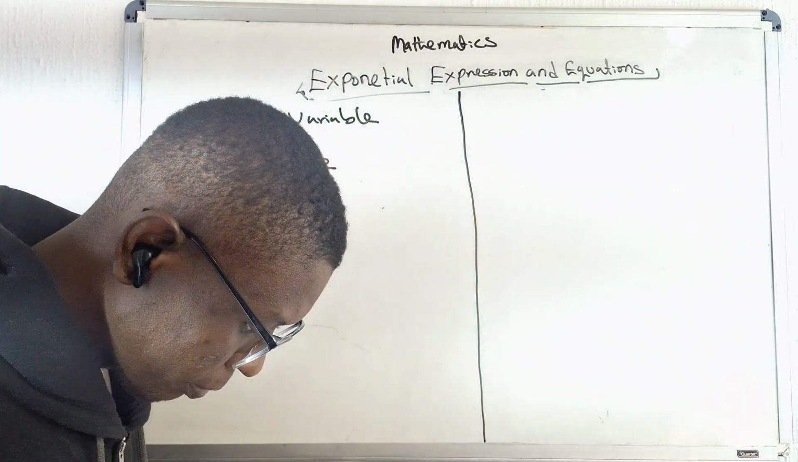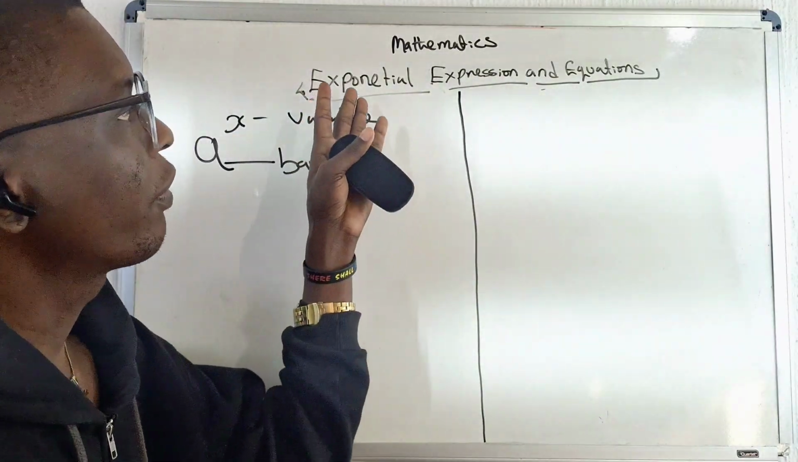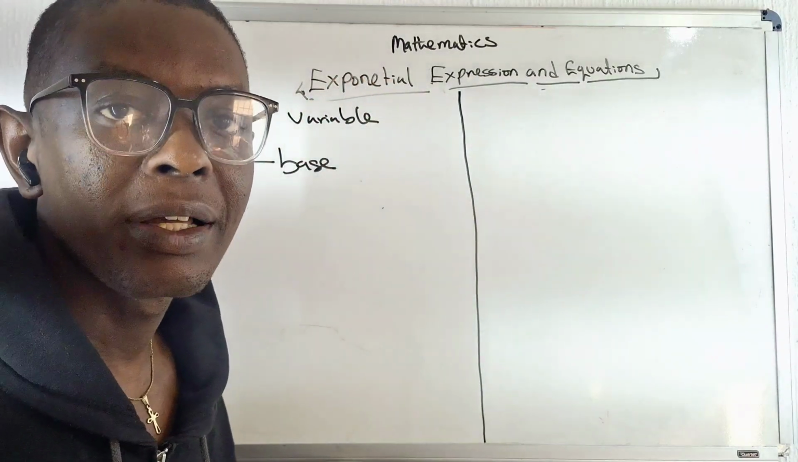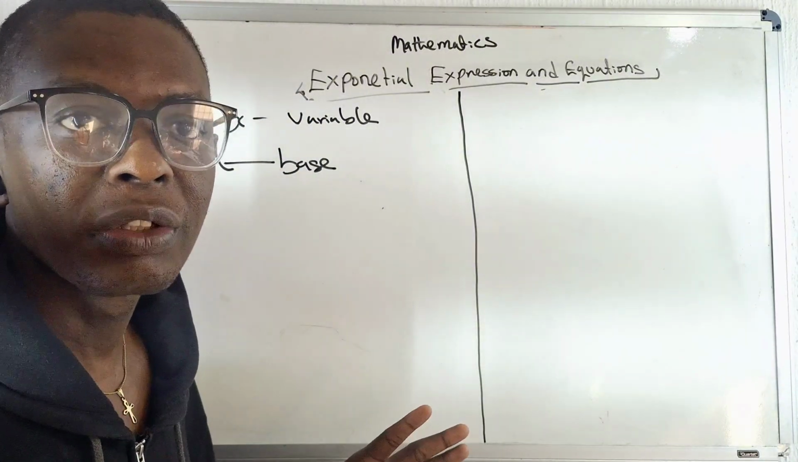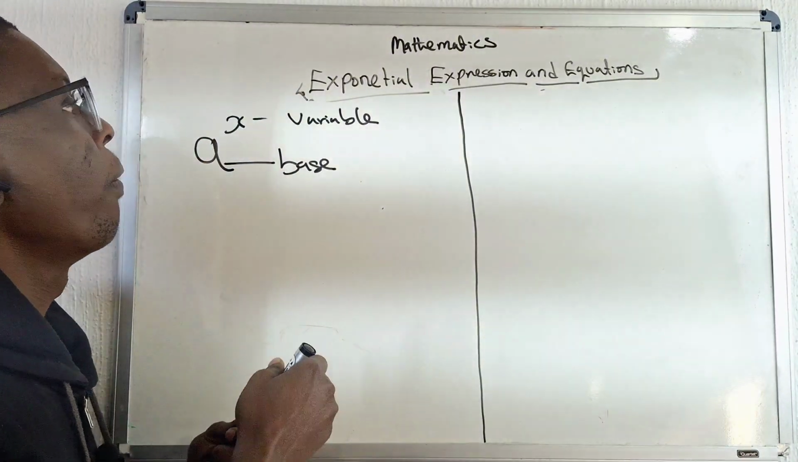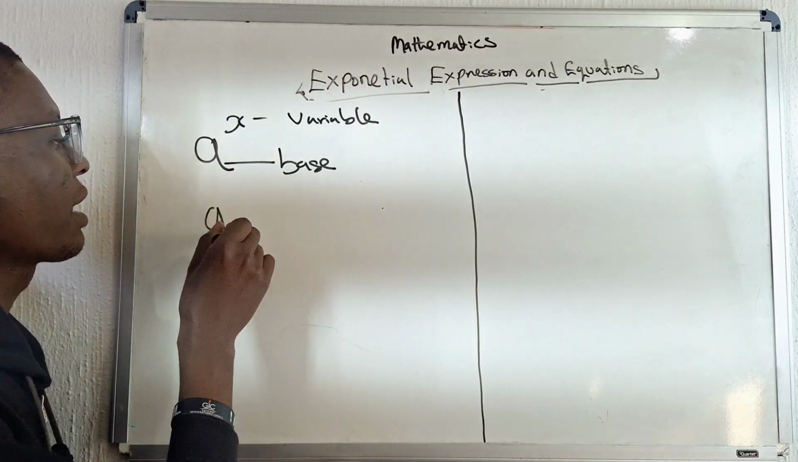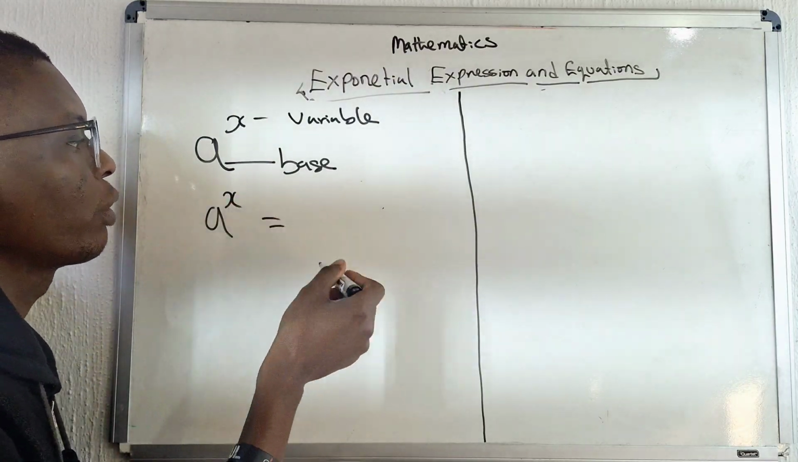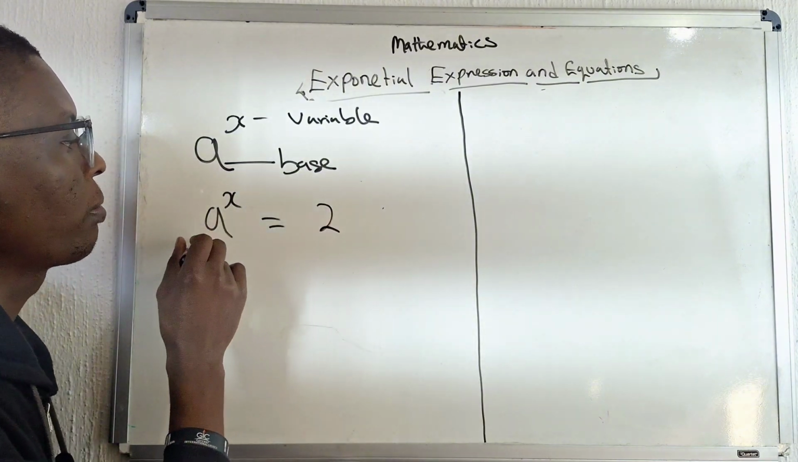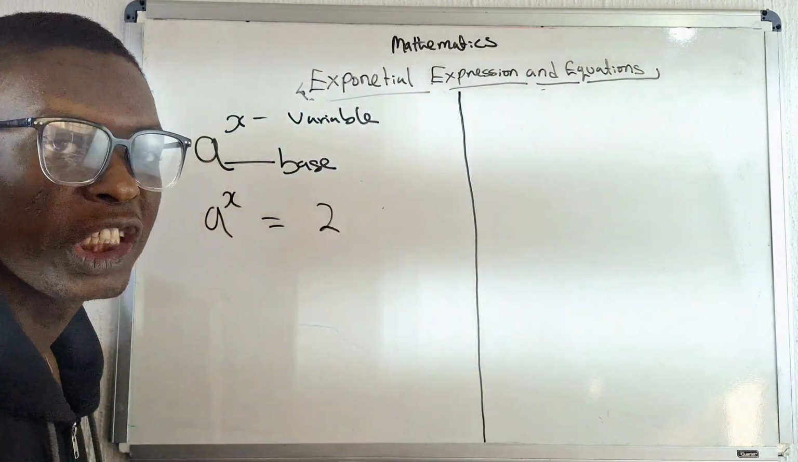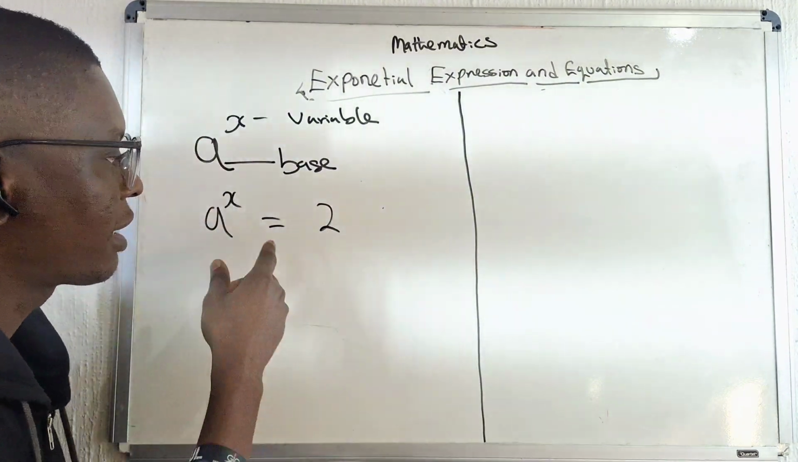Now, another word that is used for exponentials are words like power or indices. Okay, but this is just the foundation of it. Now, when a^x is equated to something, maybe 2, this becomes an exponential equation, because an equation has an